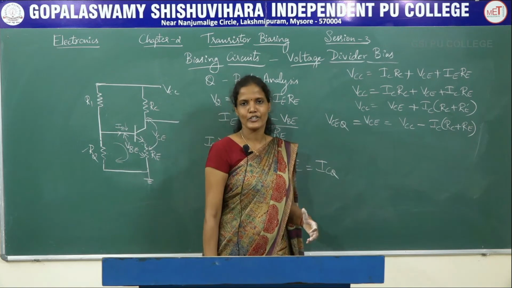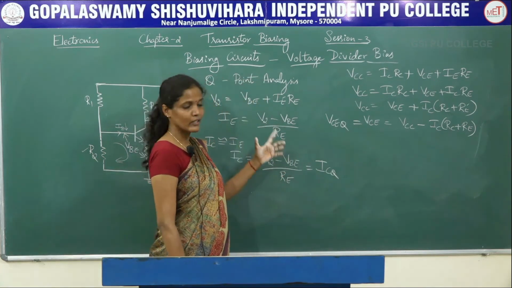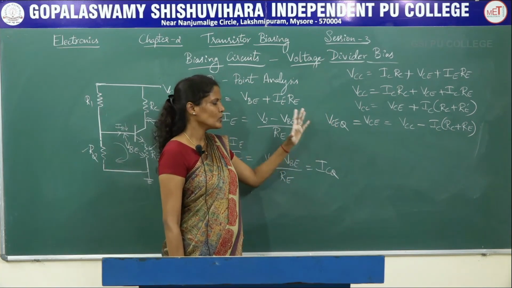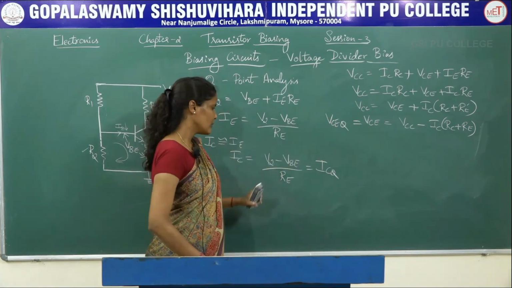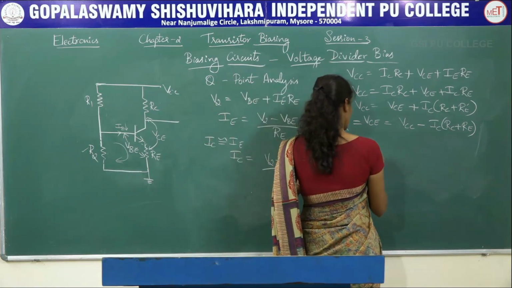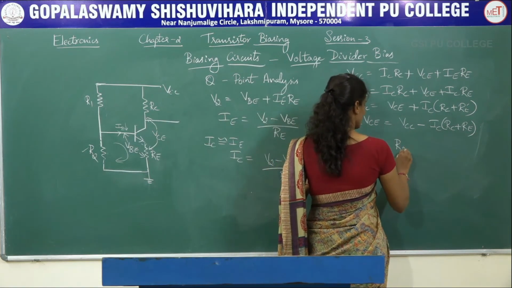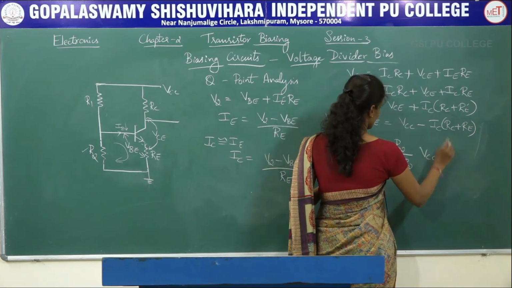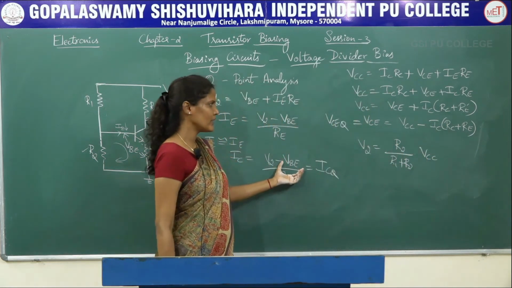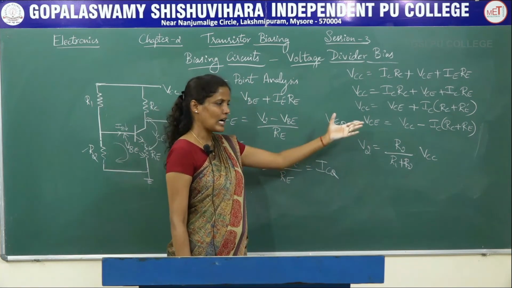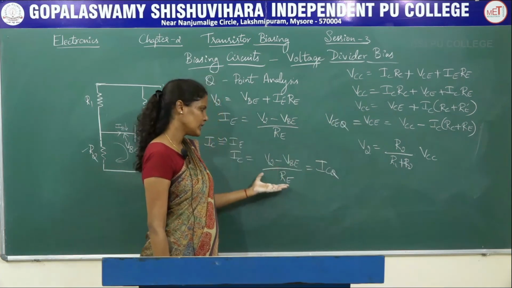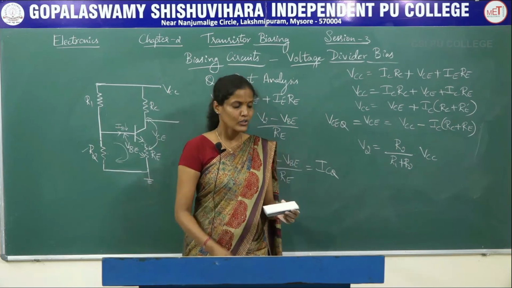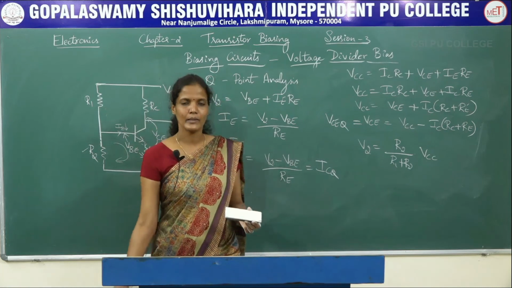That is very much essential in order to mark a Q point or the operating point, which is also called the quiescent point. So using these expressions, and V2 over here, V2 means R2 divided by R1 plus R2 into VCC. So VB will be given, and the RC, RE values will be given. Using that you have to calculate this ICQ and VCEQ. So this is all about the voltage divider bias circuit.